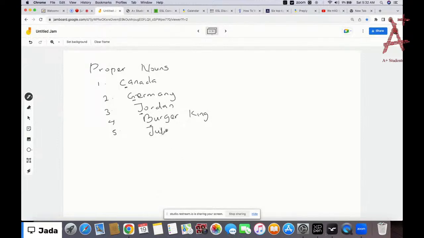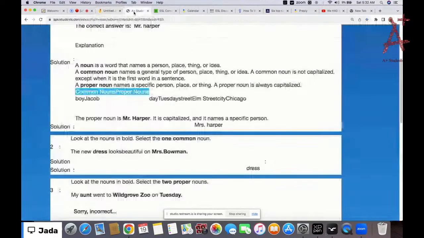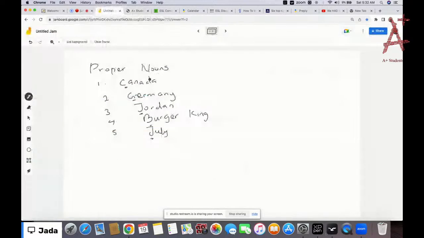Okay, so you all see the examples of proper noun. Like we said here, a proper noun names a specific person, place, or thing, and a proper noun is always capitalized. Now all of these here are capitalized, right? As you can see, all the words I wrote here, Canada, Germany, Jordan, Burger King, July, all these are capitalized and these are proper nouns. Okay, but then for the common noun,